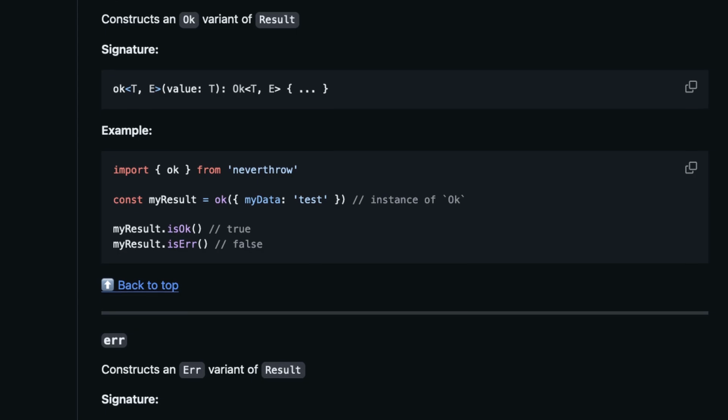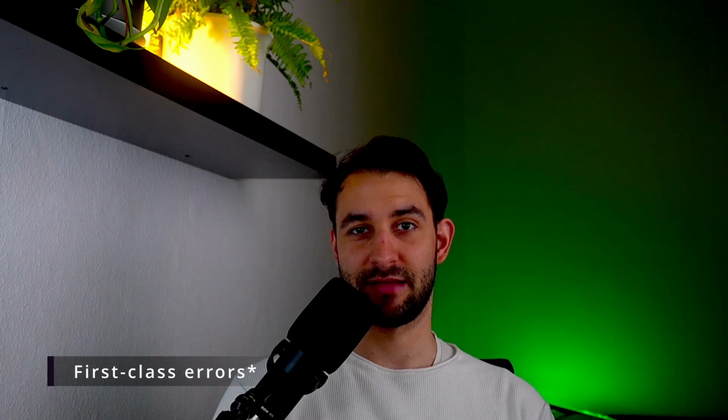And this ties into my next point, which is I would really love to have first level errors. So first level errors are an idea that I've been having for a while. I'm not sure if it exists out there in the wild. Maybe I'm just remembering something subconsciously without knowing. And I'm stealing someone else's ideas.